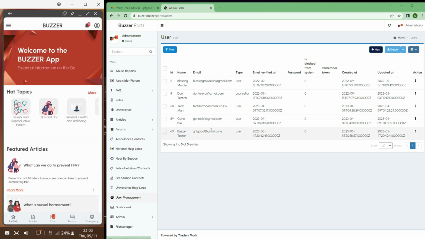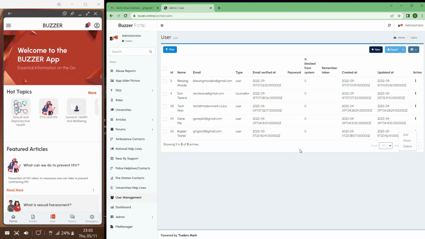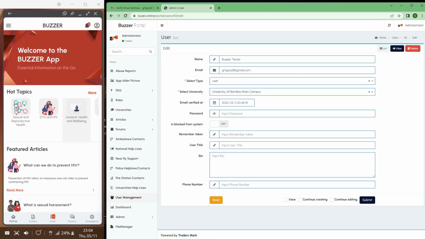So from the admin portal, what you can do is add a new user from this admin portal. Let's say that your user is having challenges creating an account, or you can edit an existing user, show an existing user, or delete a user, right? So I'm just going to start with editing a user, right? So this user that I've just created from my mobile phone,